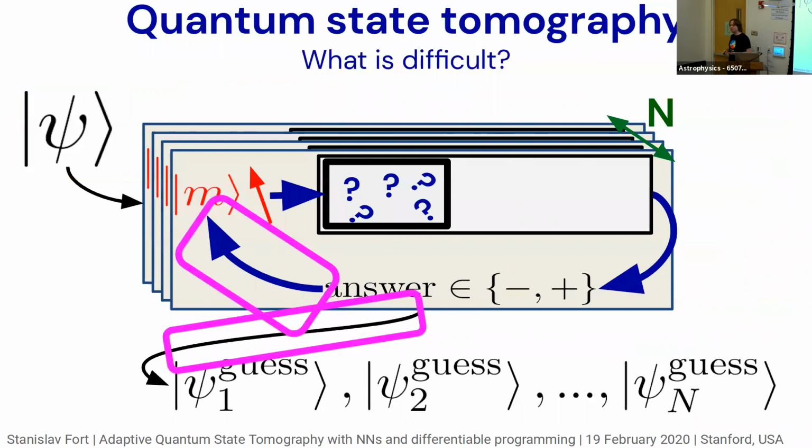And now, what is the problem, right? This seems relatively simple. But I skipped over a lot of things. So, how do you choose the next measurement? That's one question. How do you use the previous knowledge of the stochastic outcomes and the measurements you made before to actually design the next ideal measurement? But if you don't use adaptivity, this is not even an issue. But this other purple box is the actual problem. So how do you map these stochastic plus or minus outcomes, or more detailed outcomes, and your previous measurements into guesses that are as close as possible to the actual hidden state?